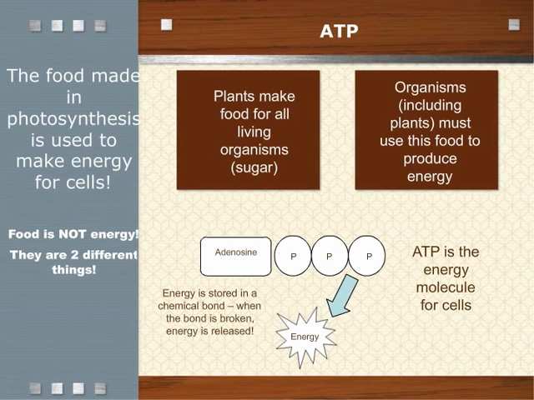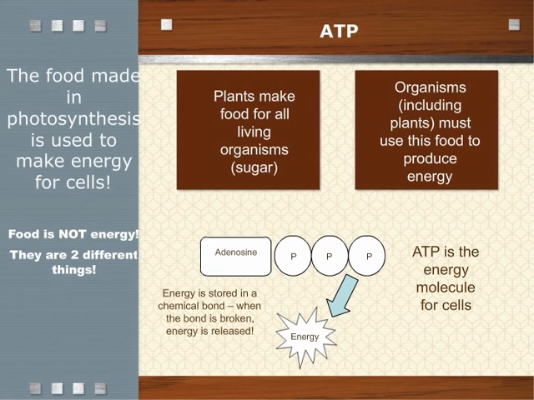As I previously mentioned, the processes of photosynthesis and cellular respiration are going to work together in a cycle. Here is how. This is already written on your graphic organizer in big, bold print. The food that is made in photosynthesis, that's the glucose, is used to make energy for cells. This energy is in the form of ATP,